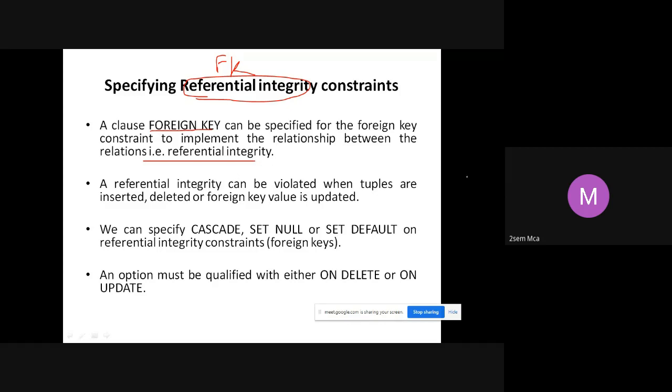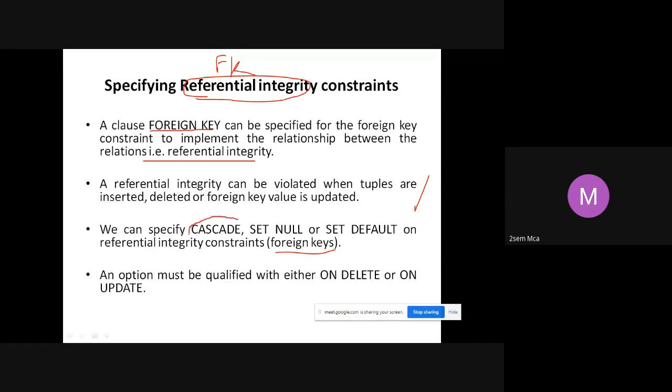There can always be some violations when you try to insert values or delete values whenever you have a foreign key. Now we are going to see some of the special keywords that we use when we make use of foreign keys.